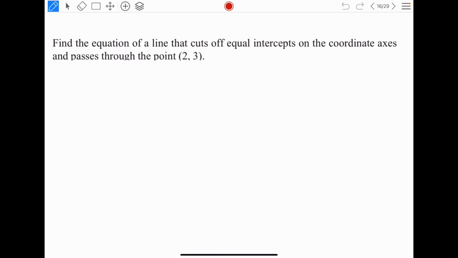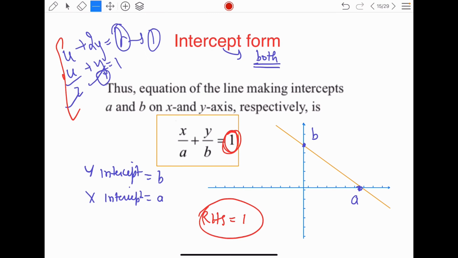Okay, this is a very good question. So what to do here? I have my line. First try to visualize this. This is not exactly a question of intercept form, but you will be using intercepts here, because a direct question of intercept form is very simple. Let me first take a direct question for you and then I'll go to this one.